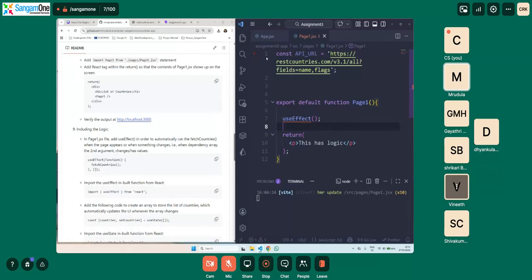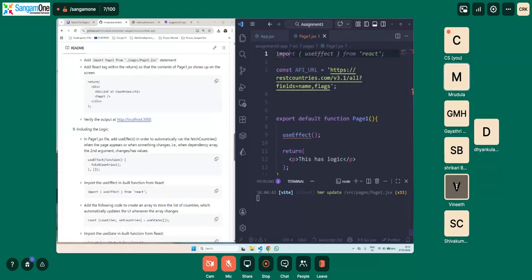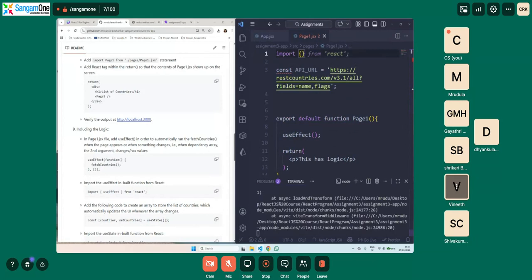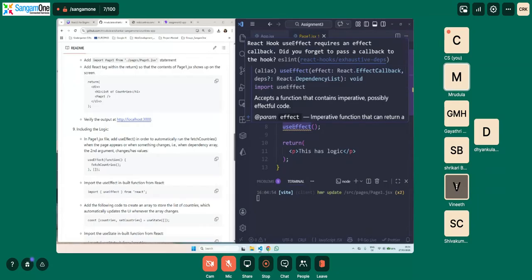So we will import it from React. Okay. So we say import useEffect from React. Okay. So now we are set, but it still has some issue. So it says requires an effect callback. So that means you have used useEffect, but you haven't decided what needs to be done.